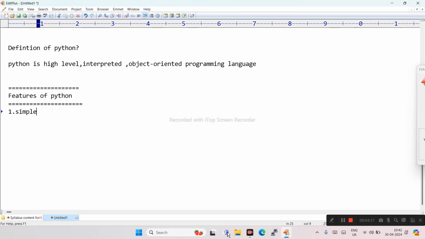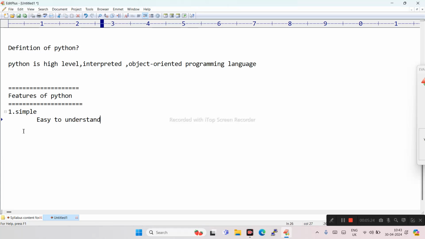Anybody tell me, what is simple? All these things come under simple. First of all, easy to understand. When you look at Python programming code, you can easily understand that code.